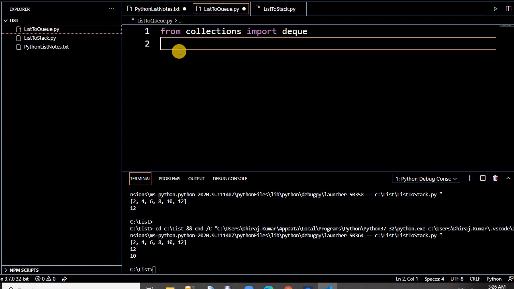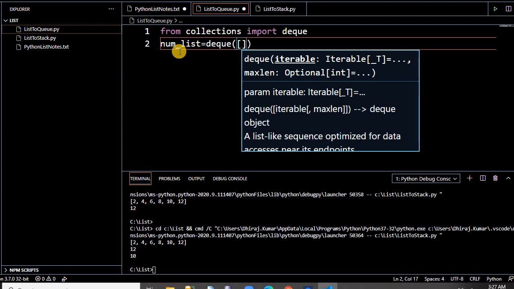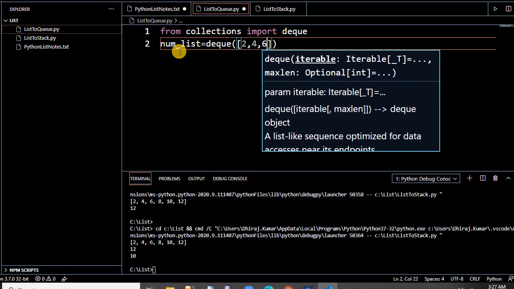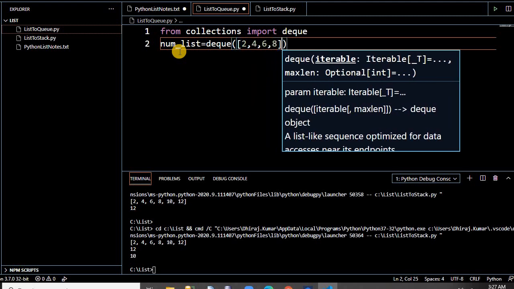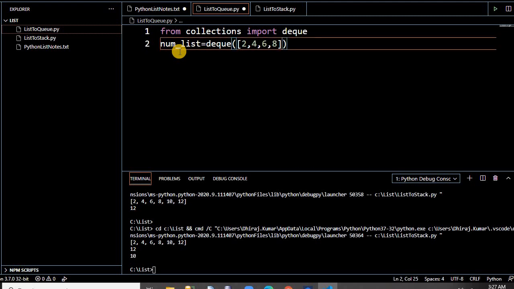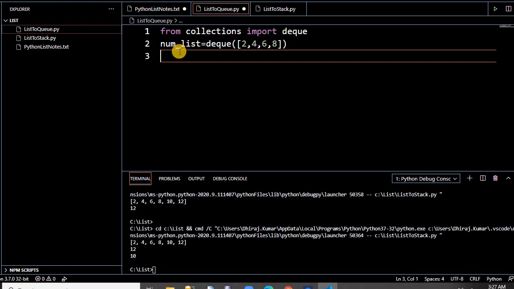Now let's take an example of a number list. Same here, num list, and then we have to pass something like deque. We pass the list, the same even numbers 2, 4, 6, and 8. We have created the deque.